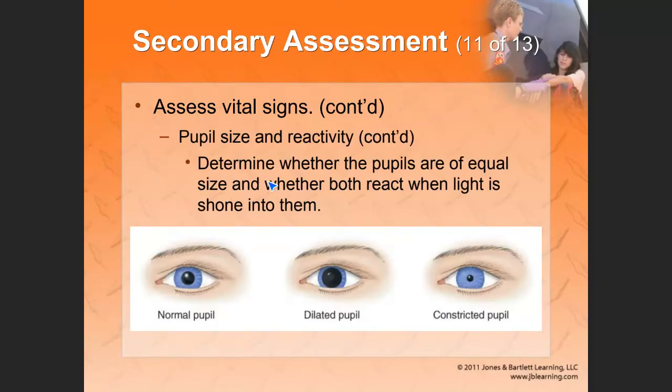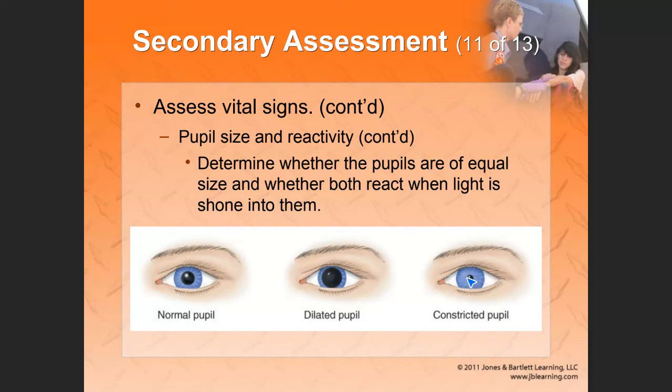Now, if a pen light is shined into the pupils and they look tiny like this, you see pinpoint pupils, that's an indication of a drug overdose, specifically narcotic overdose, which